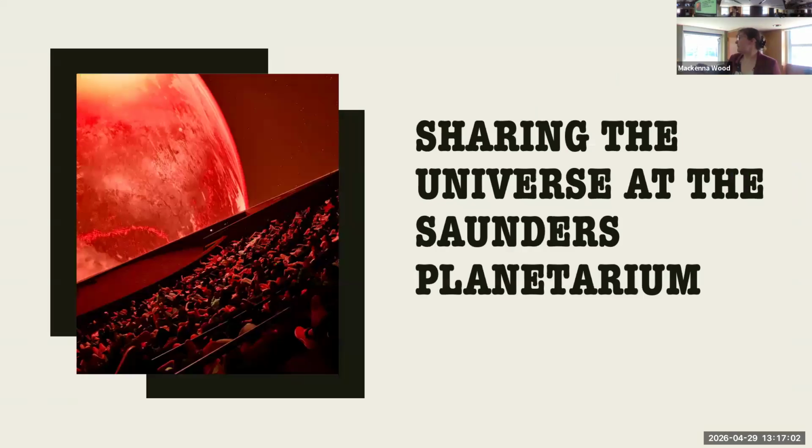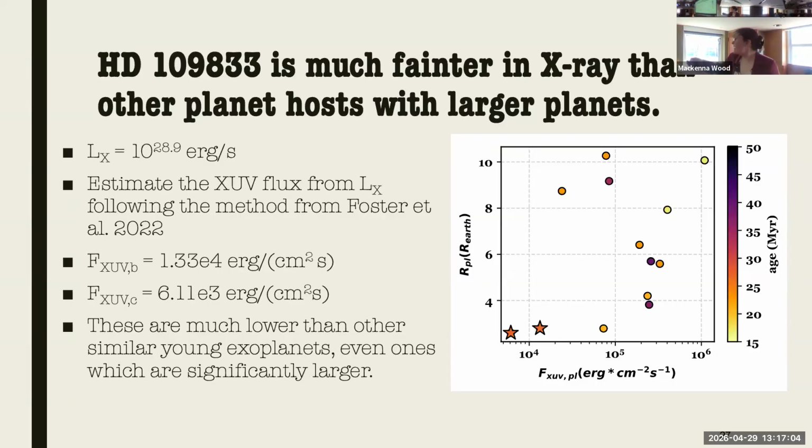So we've got radius on this. Radius here, so most of these young planets are, again, larger than ours, and most of them also have much higher flux levels than these, even the ones that are older than these, so that photoevaporative mass loss has had more time to affect the planets.